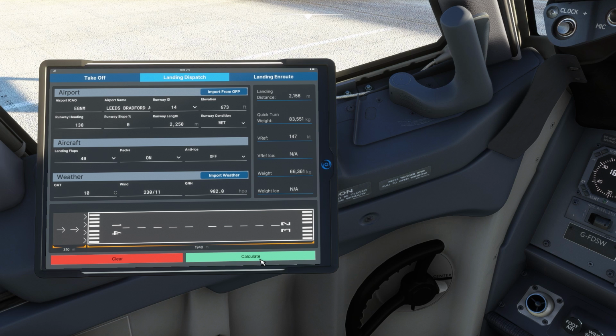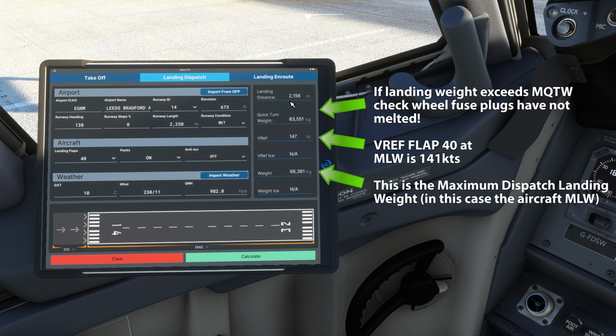Let's press calculate. So we have, I think, a landing distance here, which is probably the actual landing distance based off the conditions. The quick turnaround weight, again based off brake cooling. I think this is the actual landing dispatch maximum weight perhaps here. We have a VREF as well for flap 30 perhaps, not so sure. No VREF ice figure. And this figure here is the maximum weight you can land at based off your landing